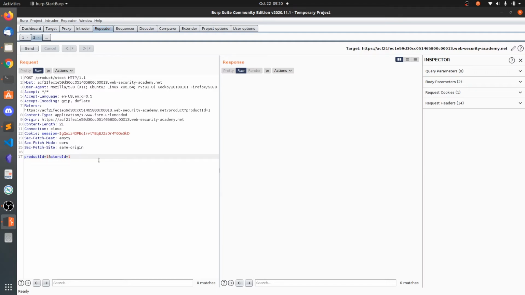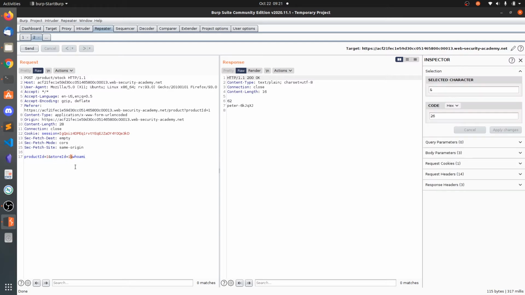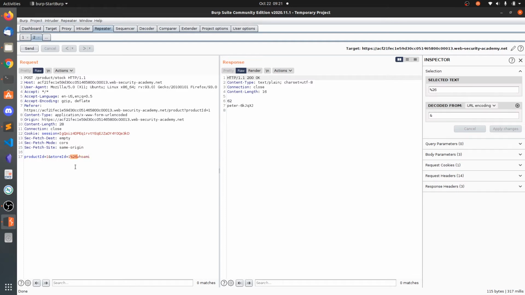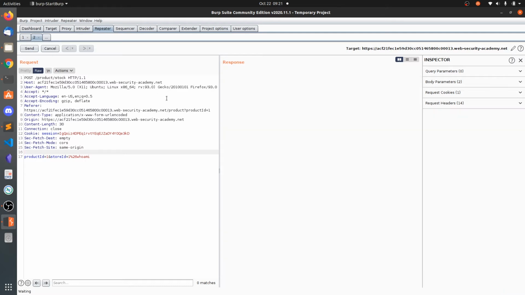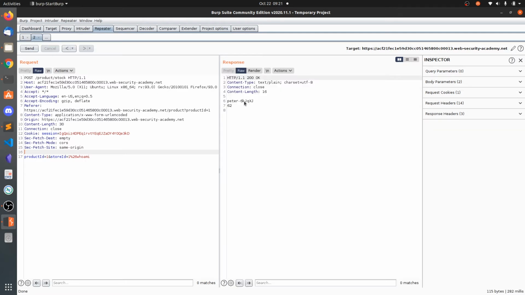So what we can do is test for something like this. Put the semicolon and let's say whoami. Send this, and you can see we got the code execution. We can also send different ones. You can see ampersand is being treated as a parameter, so you can press Ctrl U to encode this in the URL. Now you can see whoami has turned red. Now send this and you get the same output.